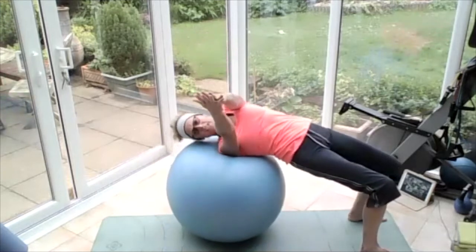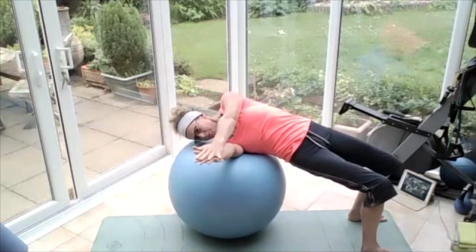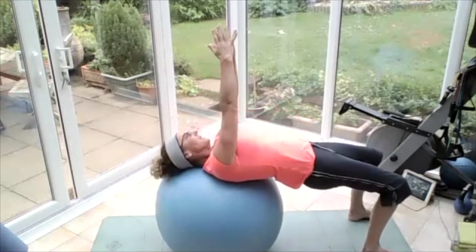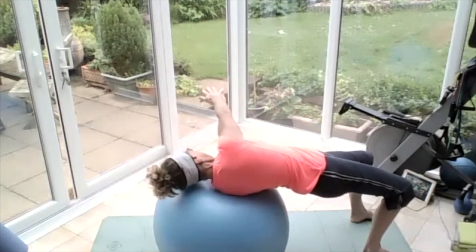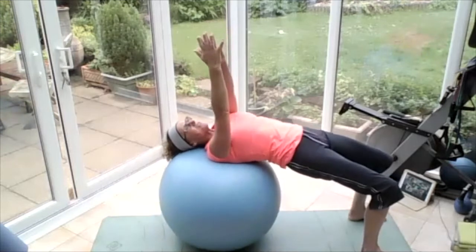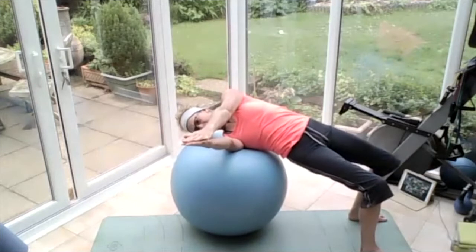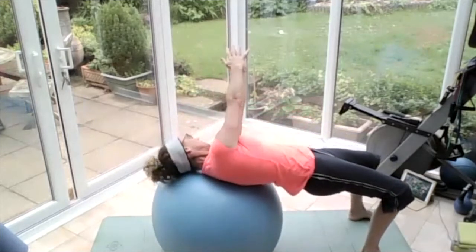So you're aiming to get your right shoulder, when the hands come down to the right, shoulder totally on the ball. And then you come back up with the hands and you roll over and they come to the left shoulder on the ball. Weight in the right foot, right bum, hands to the sky, hands to the right, weight in the left foot, left bum, hands are down, hands up to the sky,